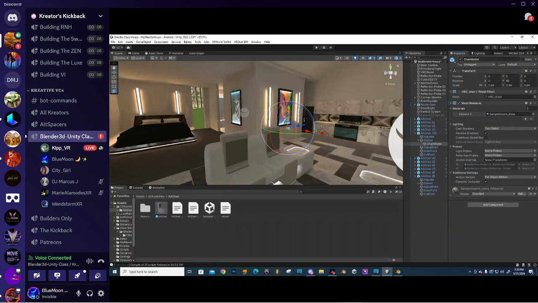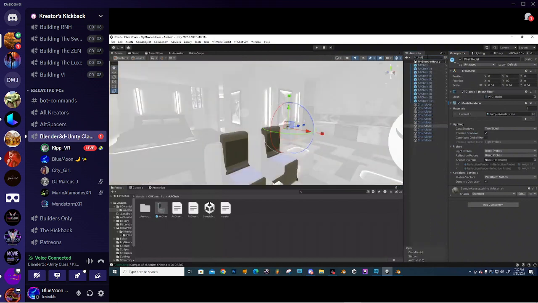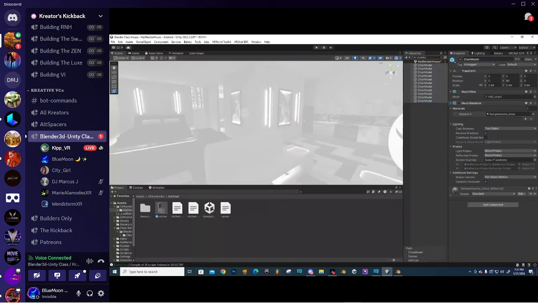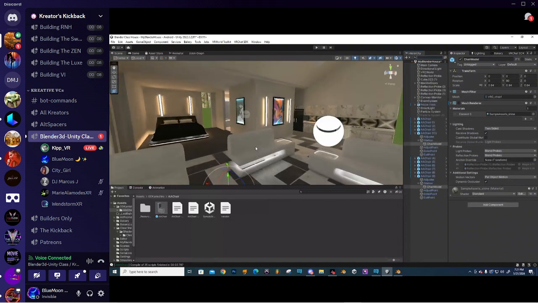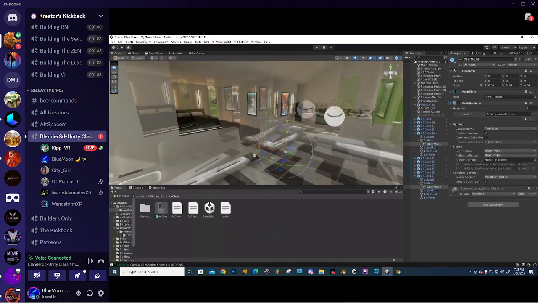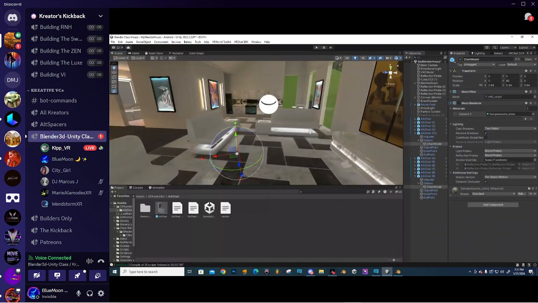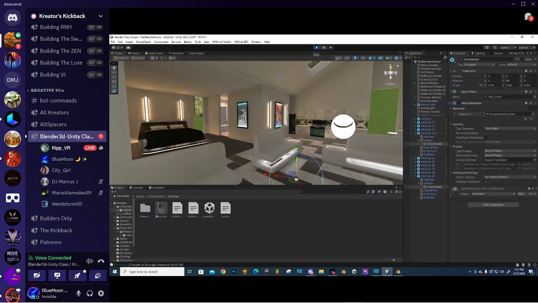So instead of doing one, I'm going to go up here and type in chair model, that way it highlights them all. Grab all of them, go to my mesh renderer, turn it off. Now the renderer has been turned off, but the chairs are still in there. So if I go into play mode now and test that,